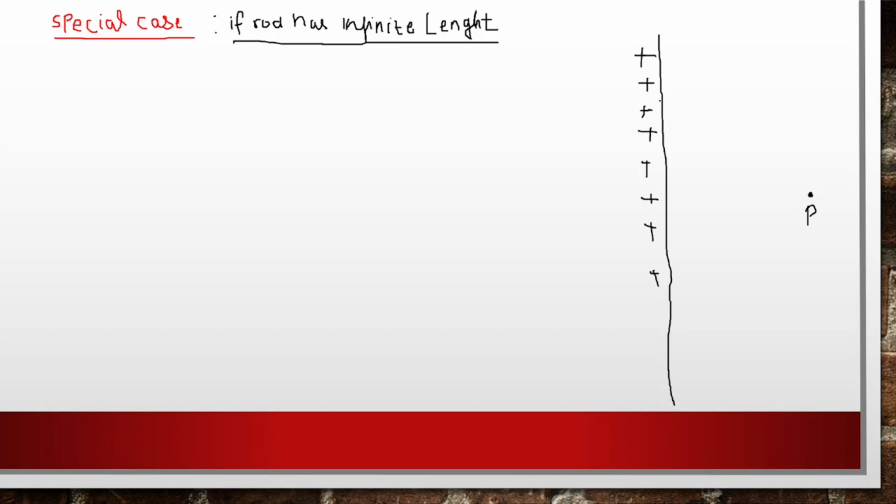As you can see, as we go up and down, the angle increases and increases. So here you can take theta 1 and theta 2, and as we increase the height, like we are going up and we are going down, what happens? The theta 1 and theta 2 increase and increase until at infinity it becomes parallel, like this. So what will be the angle theta 1 and theta 2? When it is parallel, theta 1 and theta 2 become 90 degrees. Did you understand it? I'll explain once more.